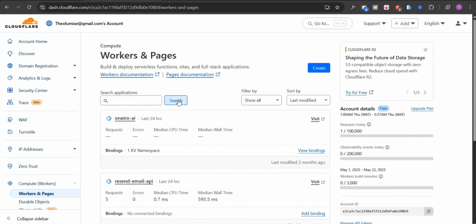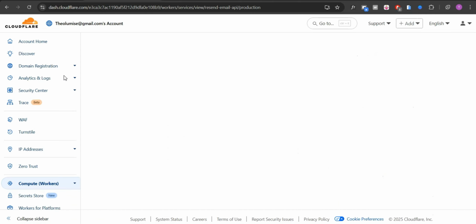So this is Cloudflare worker. Cloudflare worker is very powerful. In fact, it's hard to grab its full power. I'm in the free version, and you have 100,000 requests for the workers a day. So this is my Resend email API. You can clearly create a new worker,